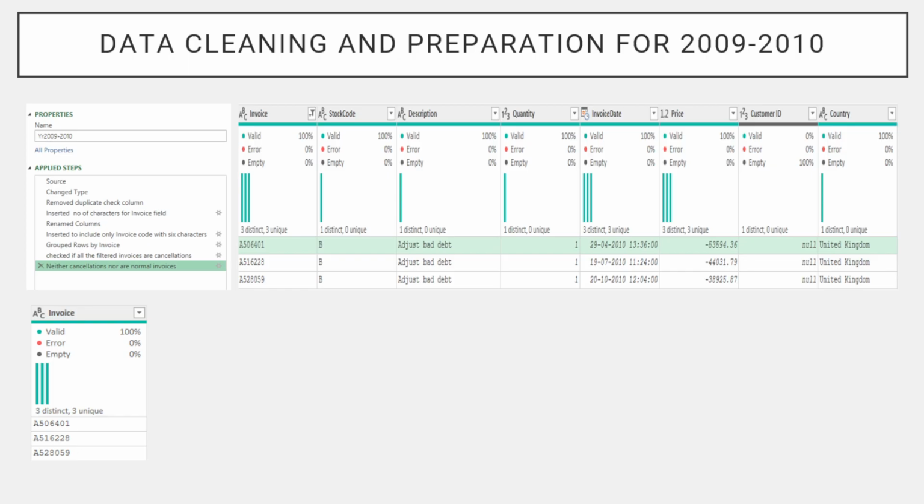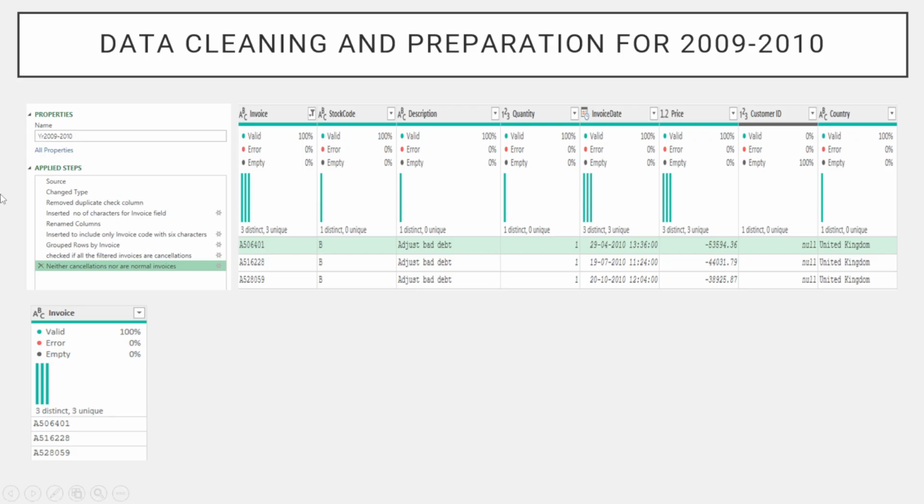But in this data set, I have observed that there are entries in the invoice that start with letter A, and after going through it manually, first thing I have run a step series in Power Query Editor wherein I check the number of characters in the invoice, and in some cases, even though it has more than the constraint that is present in the data set, that is six integral digit number, in majority of the instances, all of them seem to be genuine cases. How did I know that? While going through it